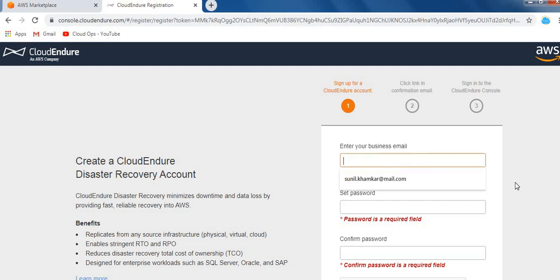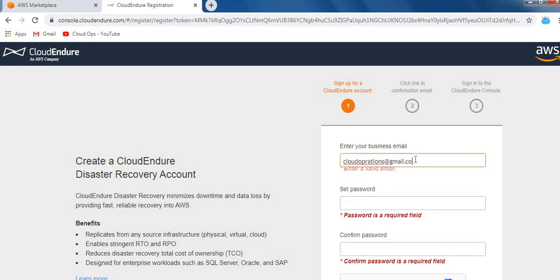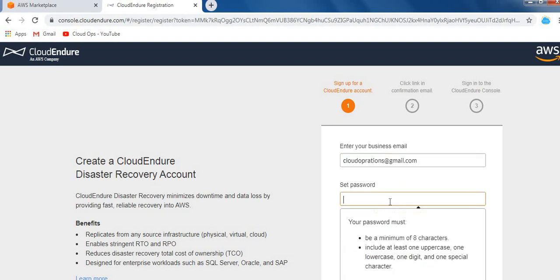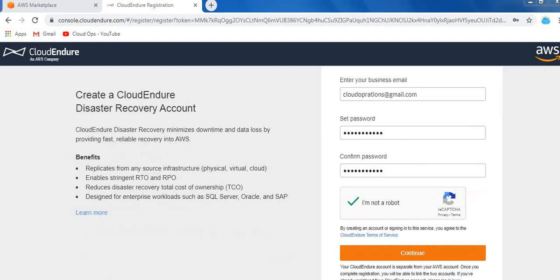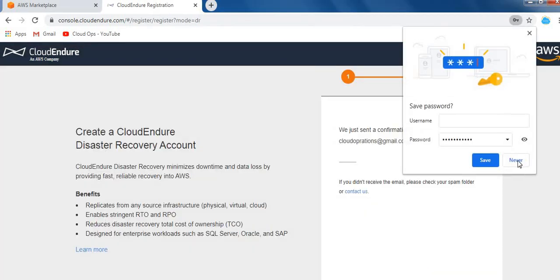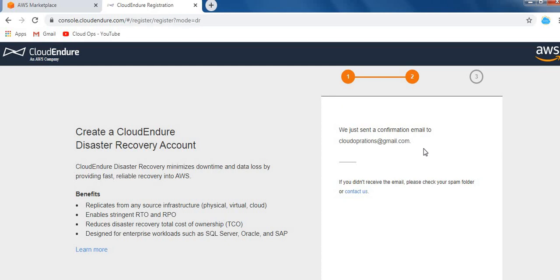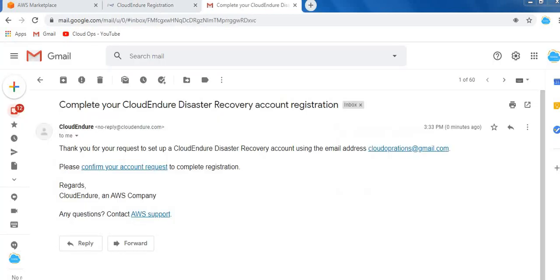It's asking for an email address, so let's enter the email address. Set up the password. Now click on continue. They sent me a confirmation email, so let's see that and click on the confirmation. I have received the confirmation email and it is asking me to please confirm your account request.